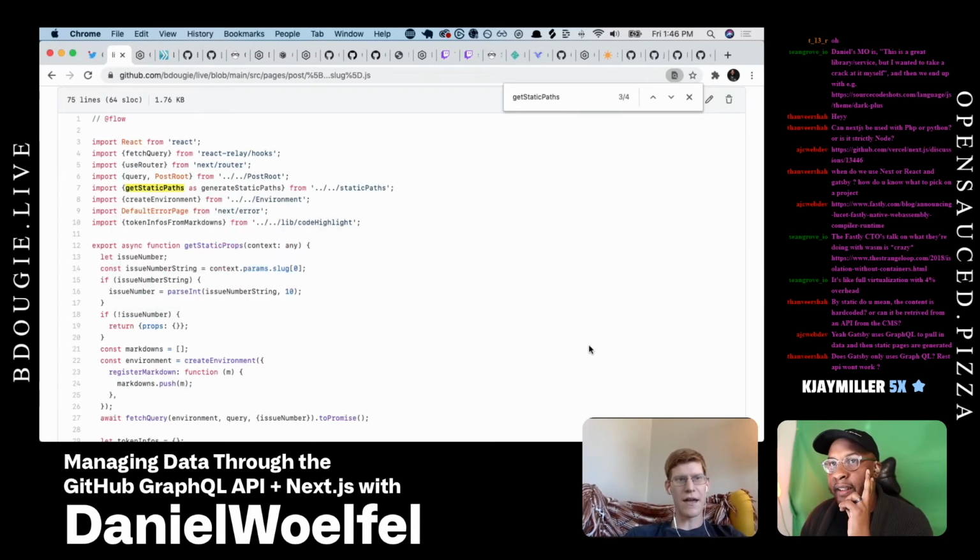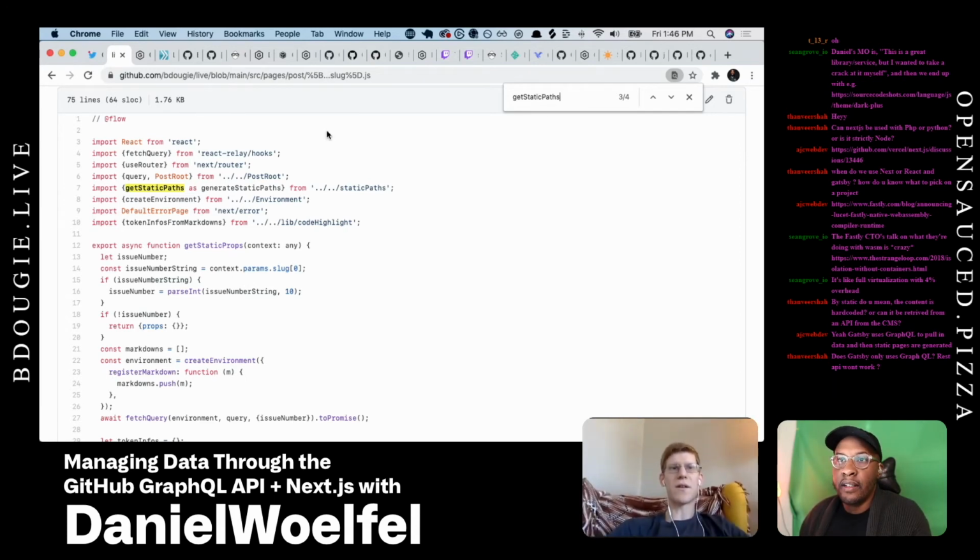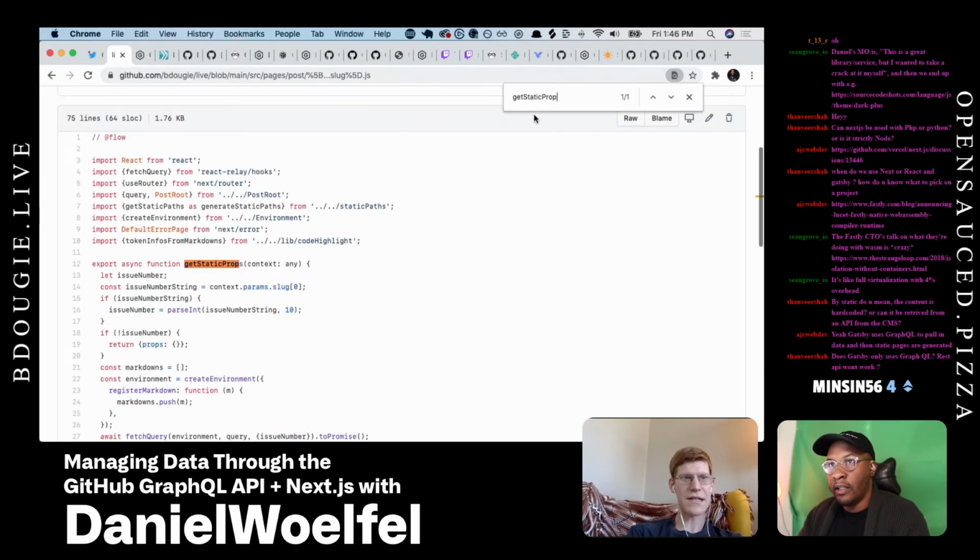Yeah. And then there's getStaticProps. This is kind of interesting, maybe for people. This is how we do Relay. The site uses Relay to fetch from GraphQL. I'm a little biased towards Relay because I used to work on the Relay team at Facebook. Oh, I didn't know that.